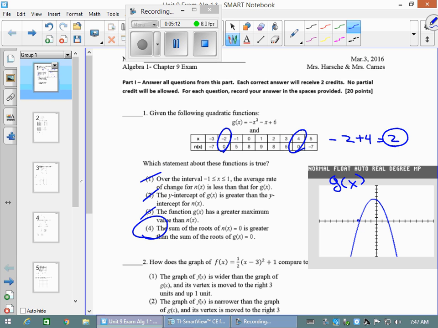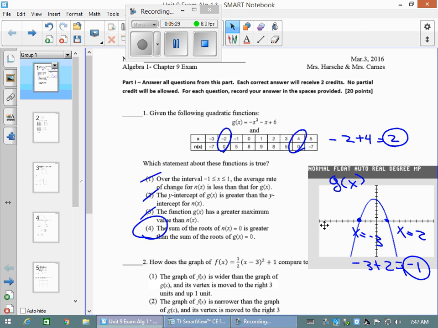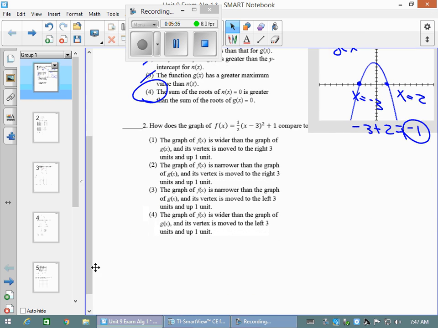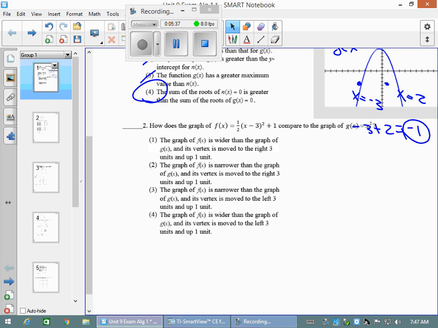My roots are x equals -3 and x equals 2. So if I added them together, I would get -1. So the sum of the roots of n of x was 2, and the sum of the roots of g of x was -1. So this choice is true. The sum of the roots of n of x is greater than the sum of the roots of g of x. Taking a look at question 2, we want to know how to compare the graph of f of x